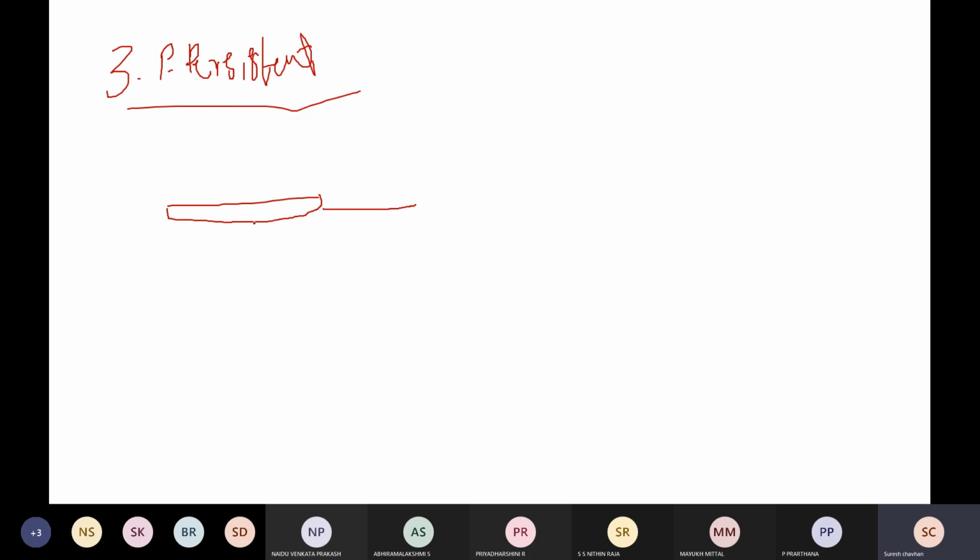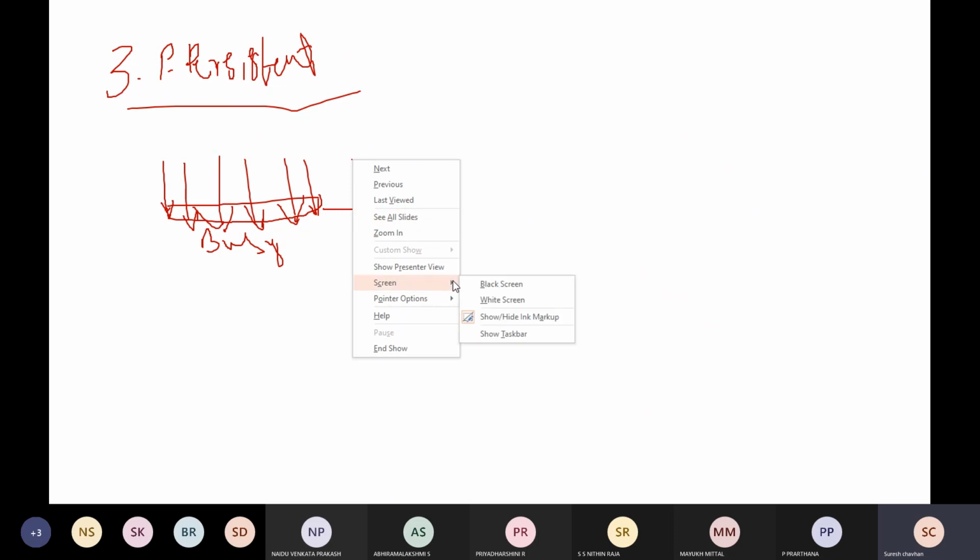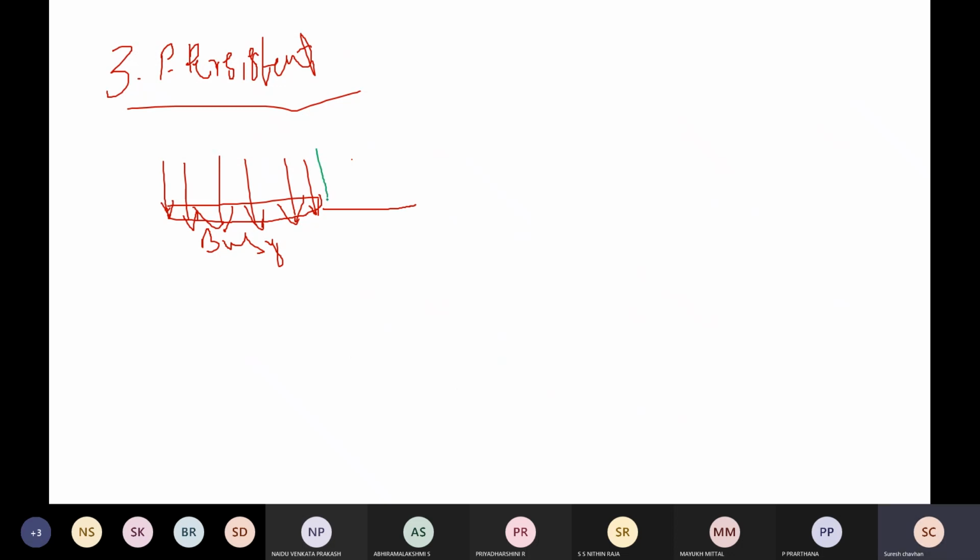So busy and idle. So whenever the channel is busy, the stations will continuously sense the channel. So after busy, if the channel is idle at this time,